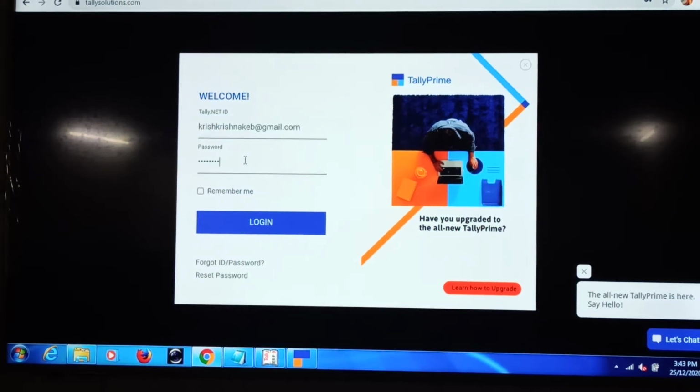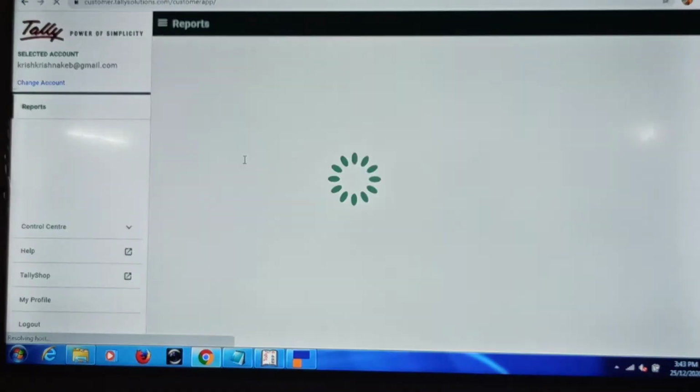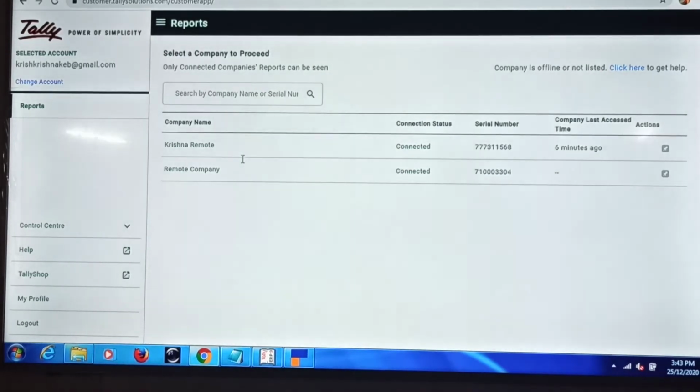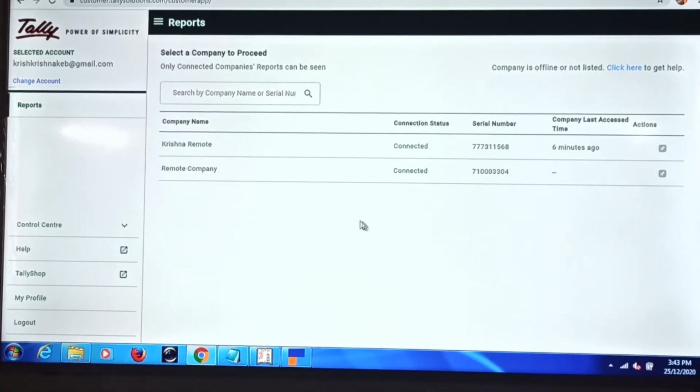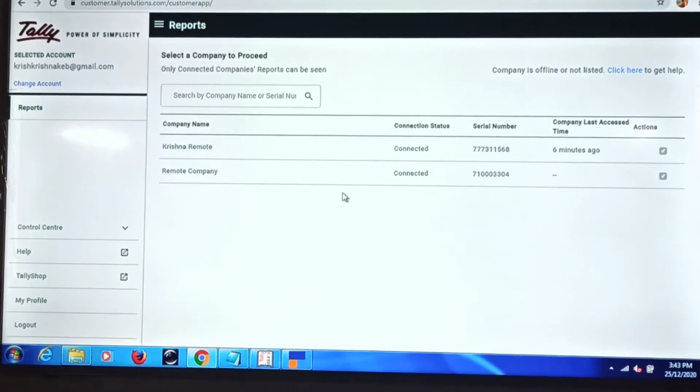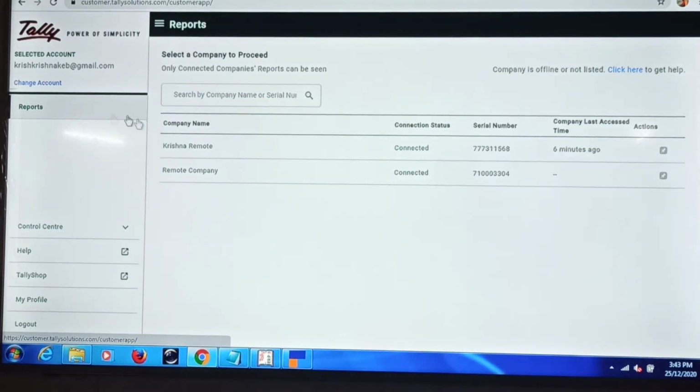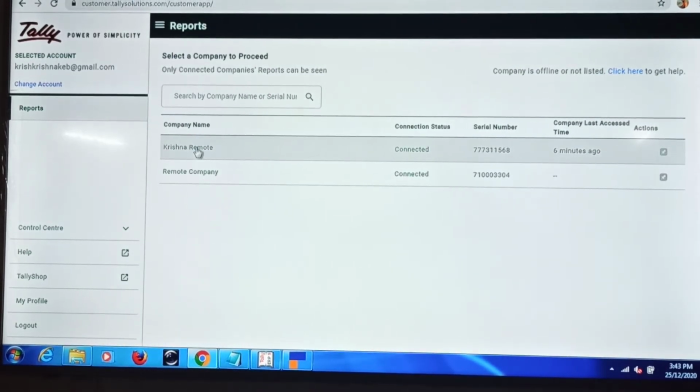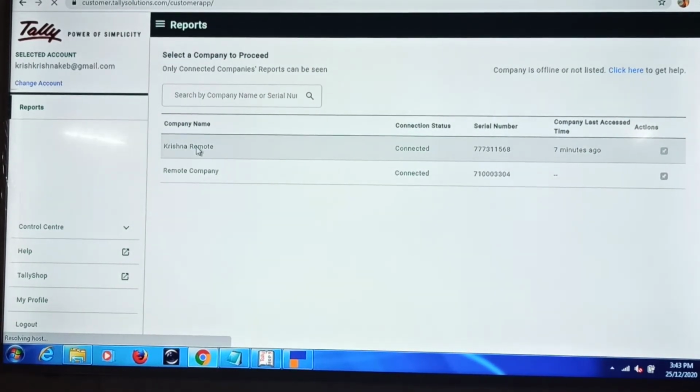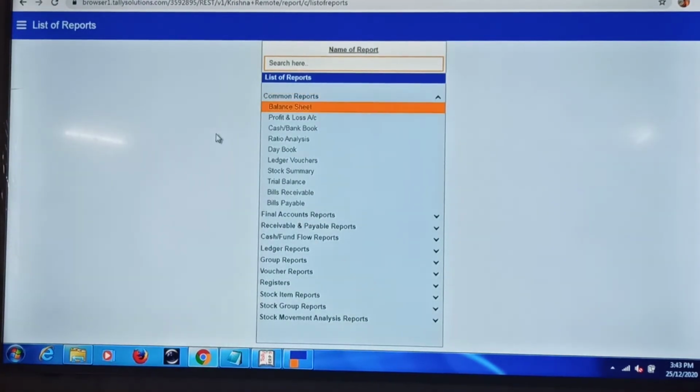Once I log in with the email ID and password, this is how my company browser report screen will be displayed. So I need to click on reports. The company name will be displayed over here. Click on the company name and whichever report you want, you can select the report.